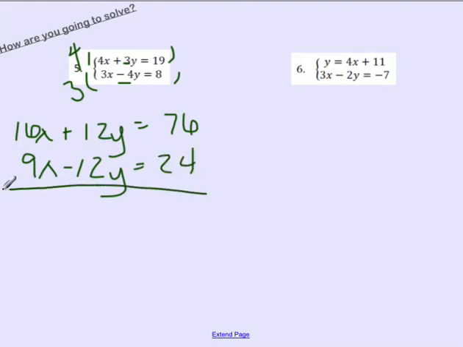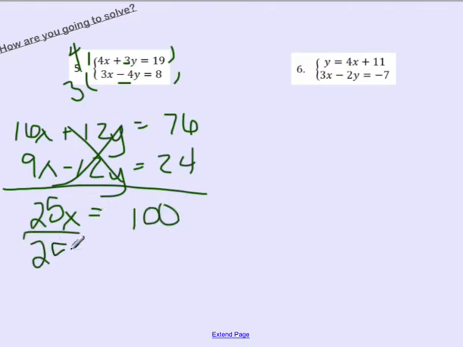So now I can go ahead and add down the columns. 16x plus 9x is 25x. Then we're going to take 12y minus 12y. Then 76 plus 24 is going to give me 100. So then that 25 is being multiplied by the x, so I'm going to go ahead and divide both sides by 25. That ends up giving me that x is equal to 4, and I can plug in x there